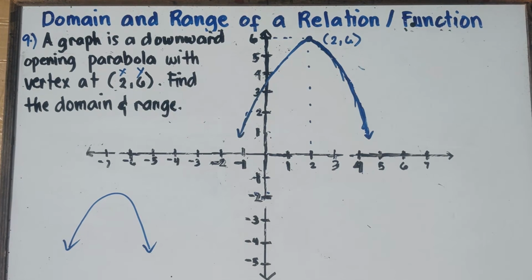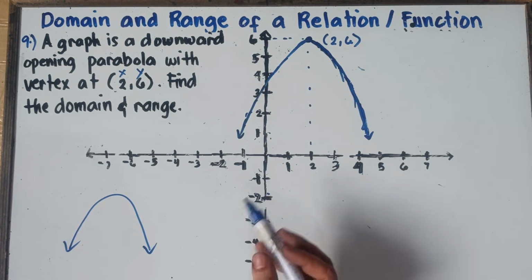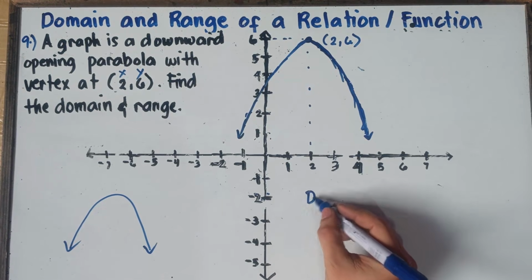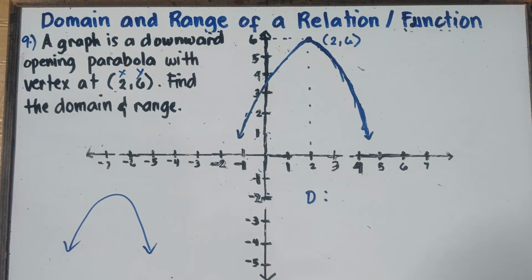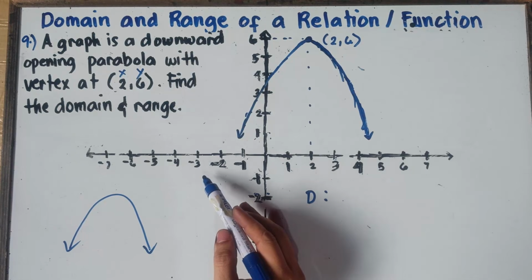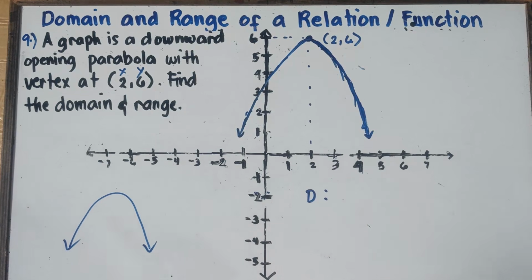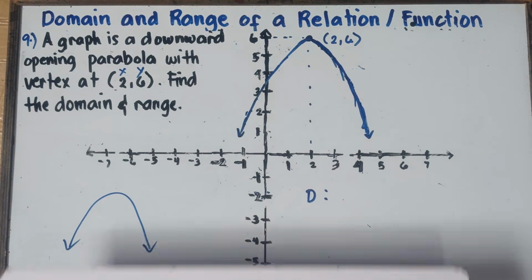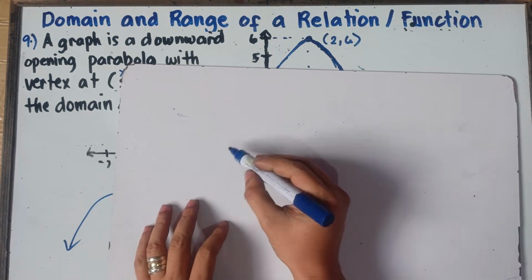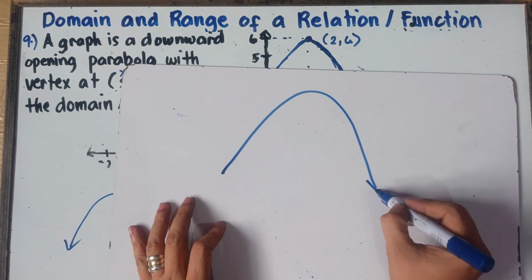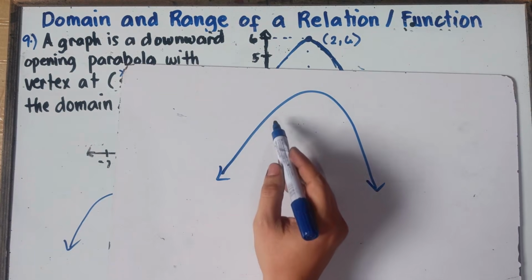Alright, so therefore, class, what will be the domain with regards to this given illustration? Automatically, our domain would be all real numbers, or from negative infinity up to positive infinity. Now, you'll be asking the question, why is that, sir? Let me just draw that one, class, for you not to be confused. This is our illustration, right? Now, once again, class, for the domain, there will be horizontal distance.